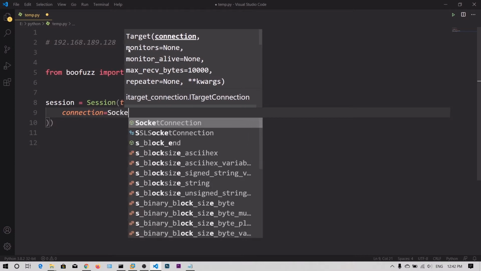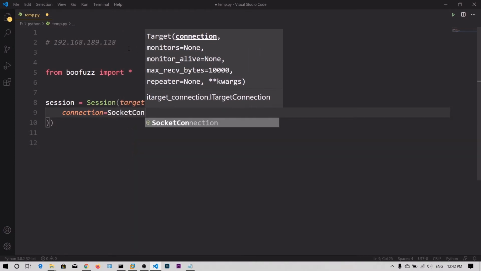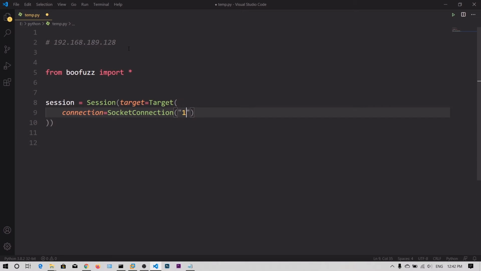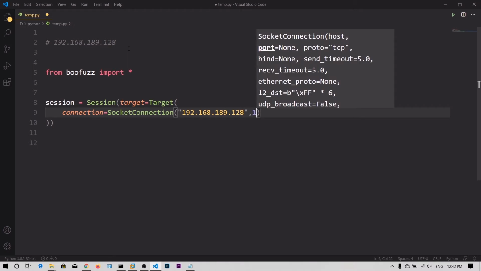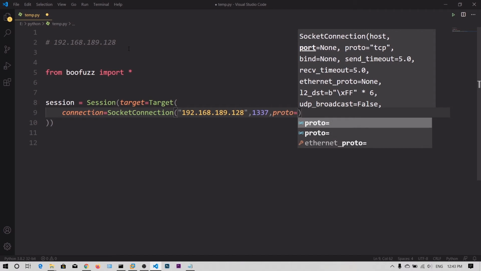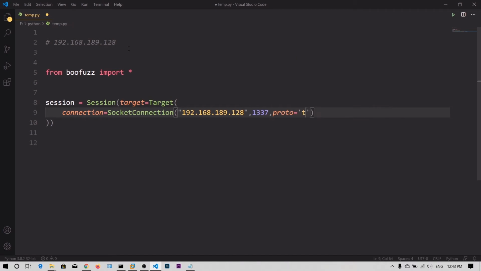We need the socket connection. In this socket connection we need to pass the IP address and the port number, which is 1337, and we need to specify the protocol we are going to use, which is TCP.